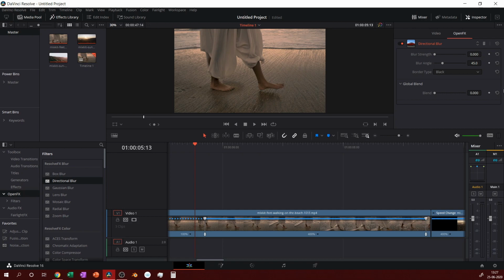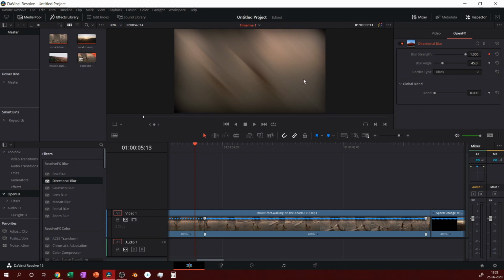Alright, and then you click this button here. This is called keyframing. So you click this while this is at 0, and then you can keyframe it here. Now what you want to do is just take it all the way to the top. Now this is the blur. This is how the blur will look. So this here is the angle. So you have to adjust the angle by the way the person in your video is walking.